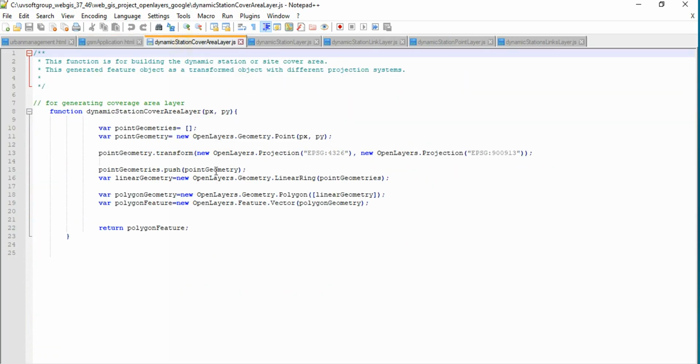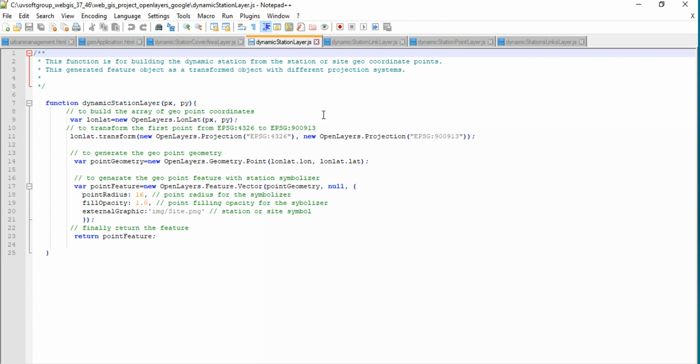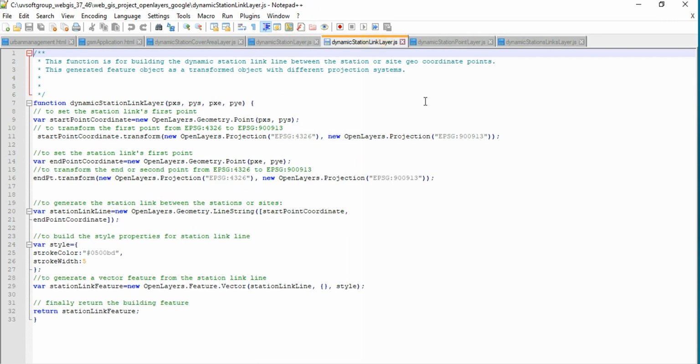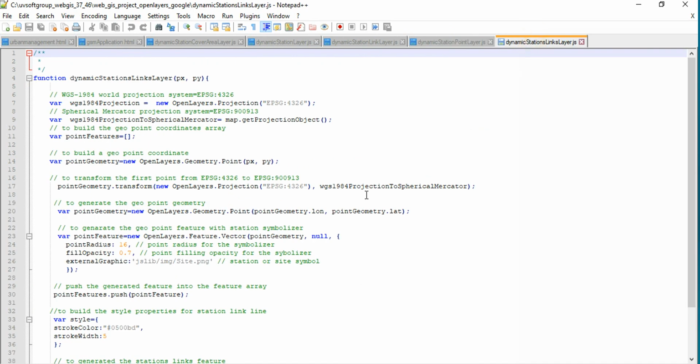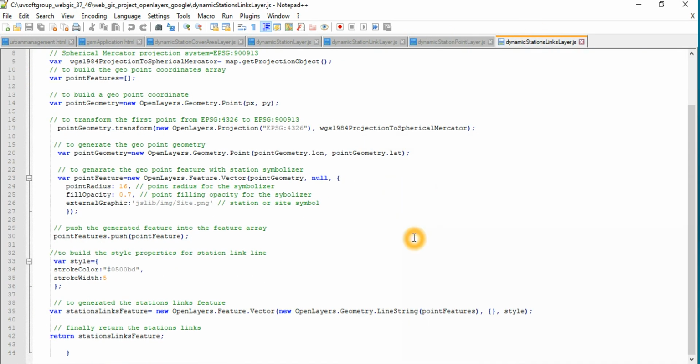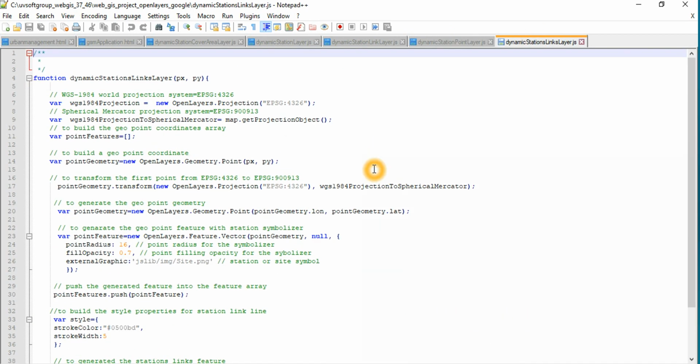So, we have already talked in detail about how you can start a very simple web GIS with very simple JavaScript functions. All of this dynamically builds the stations, dynamically builds the links, and then dynamically builds the points and the link stations. All are very simple. You just need to learn and understand the very basics of JavaScript that I already showed